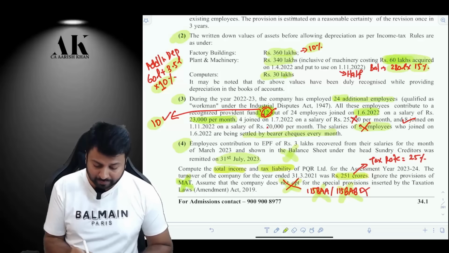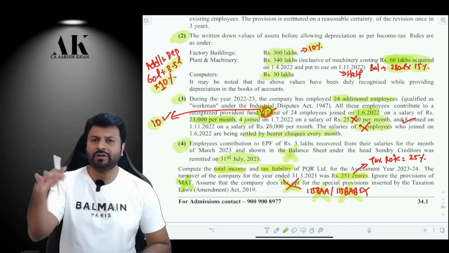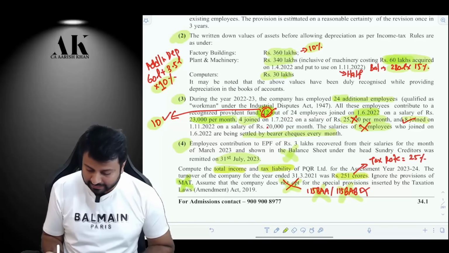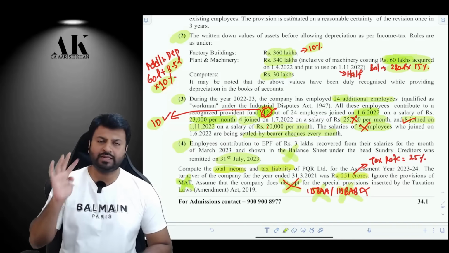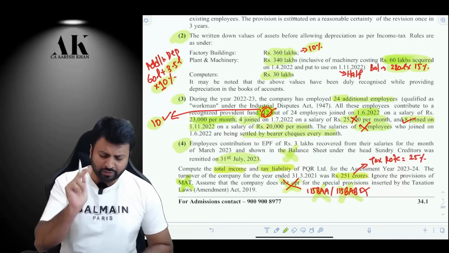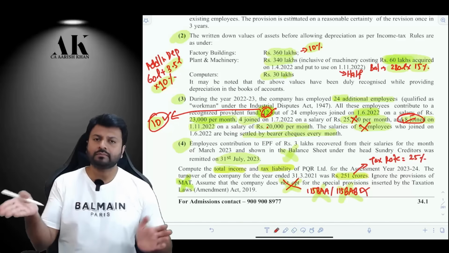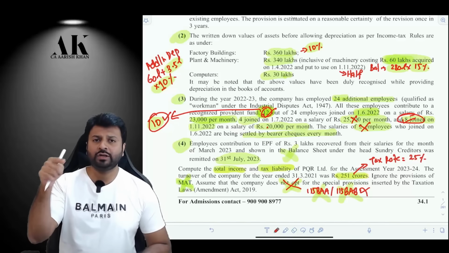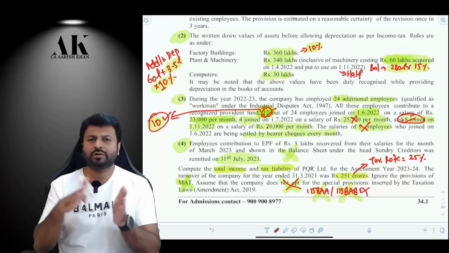Okay. Second lot of employees. These 4 employees who joined on 1st July, their emolument is more than 25,000. So they will not be eligible for deduction under 80JJAA. Next, 8 employees who joined on 1st November 2022, their salary is less than 25,000. They will be eligible for 80JJAA. So there are only 2 lots of employees. These 10 employees are eligible, and then these 8 employees are also eligible. These 8 employees are eligible for 20,000 into 8 into 5 months, from November to March. So whatever amount that comes to, you have to take a 30% deduction of that.